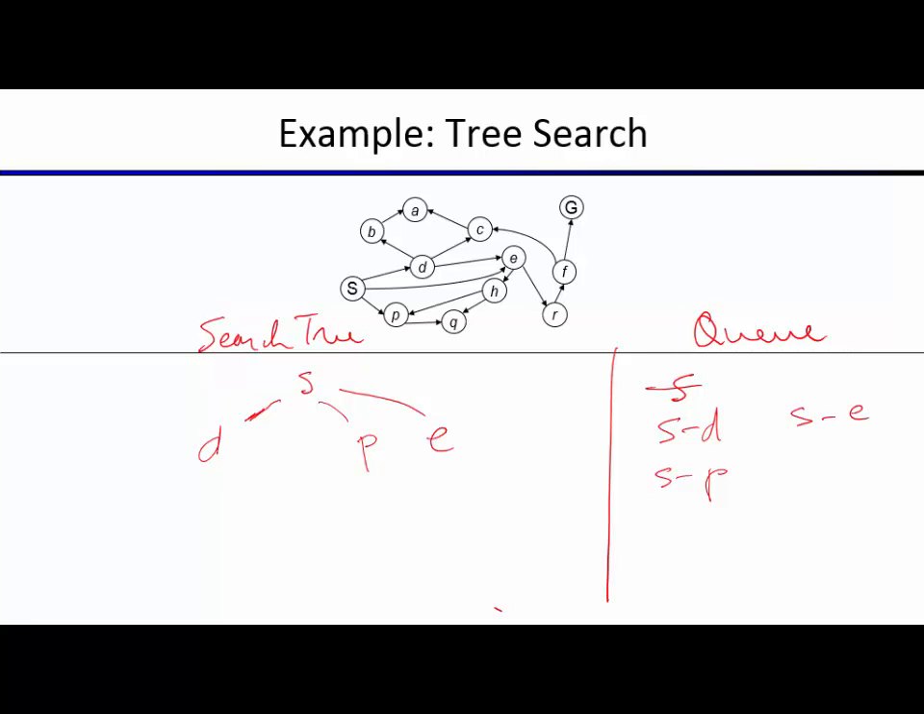What's your pick? I'm hearing a lot of D. E? A lot of E. All right, let's go with E. This one here. We expand E, which can lead to H or R. Over here, what that means is we scratch this one out, and instead we have S, E,